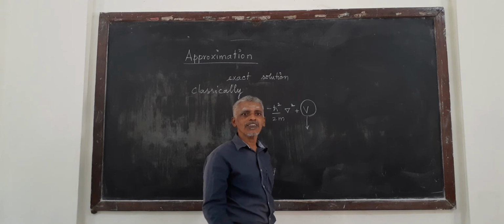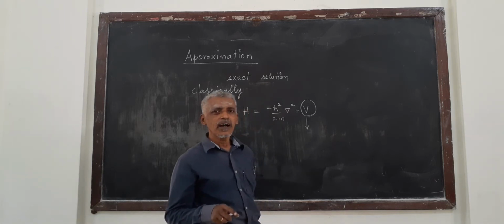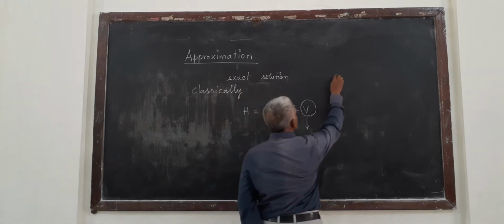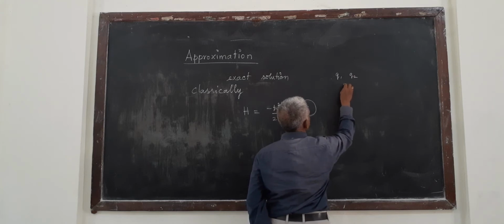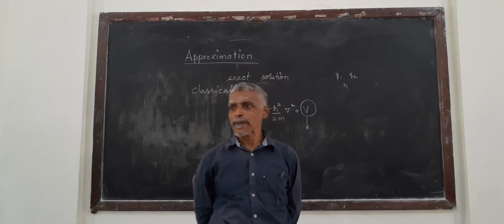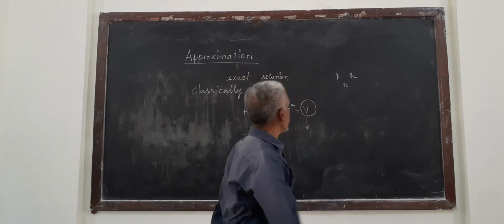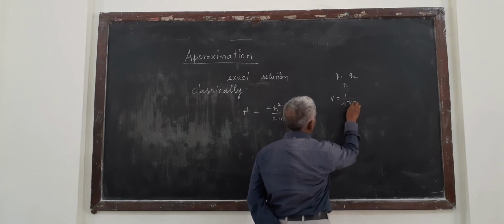That equation I want for V. V is equal to, very simple. You have to be strong in fundamentals, rudiments. Two charges are there, Q1 and Q2, separated by a distance R. Now you tell me V. V is equal to, yes please, V is equal to 1 by 4 pi epsilon 0